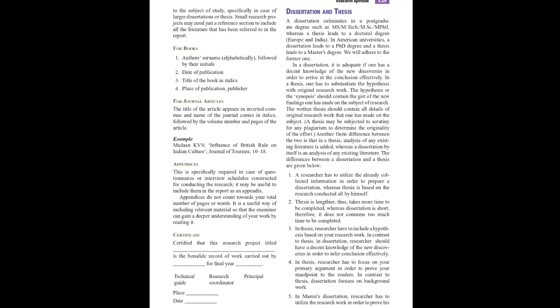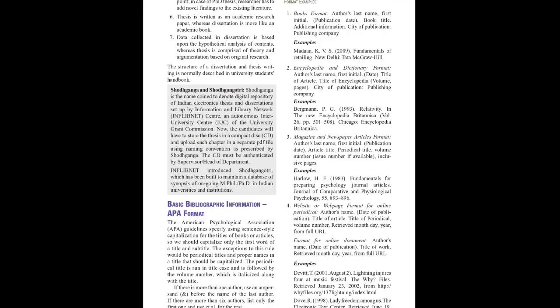4. In a thesis, the researcher has to focus on the primary argument in order to prove the standpoint to the readers. In contrast to a thesis, a dissertation focuses on background work. 5. In a master's dissertation, the researcher has to utilize the research work in order to prove his point. In case of a PhD thesis, the researcher has to add novel findings to the existing literature. 6. A thesis is written as an academic research paper, whereas a dissertation is more like an academic book. 7. Data collected in a dissertation is based upon the hypothetical analysis of contents, whereas a thesis is